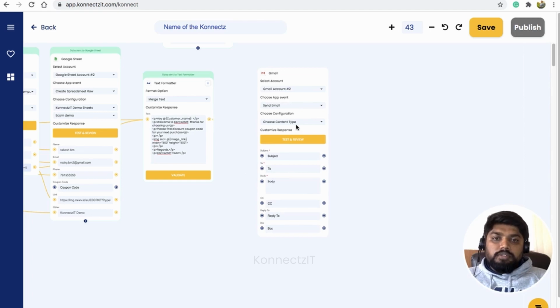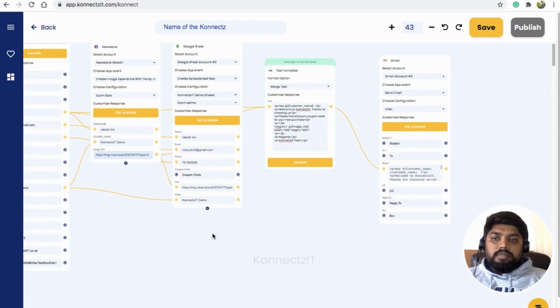I'll choose the content type, so make sure you choose the right content type. I'm just selecting HTML and connect the email field. I just say thanks for choosing Connexit. So I will hit on test and review.